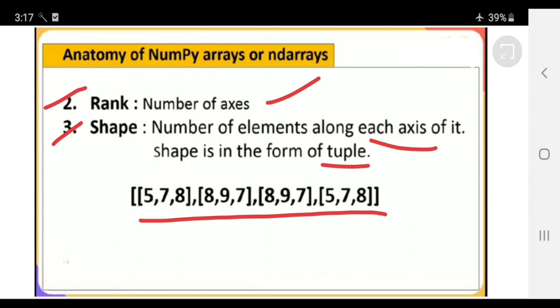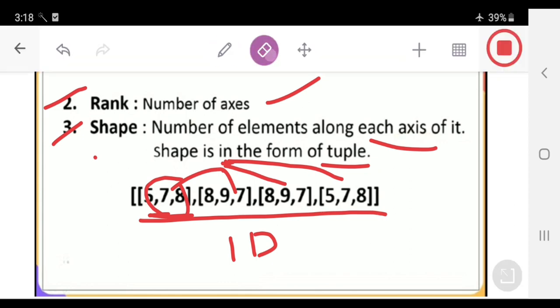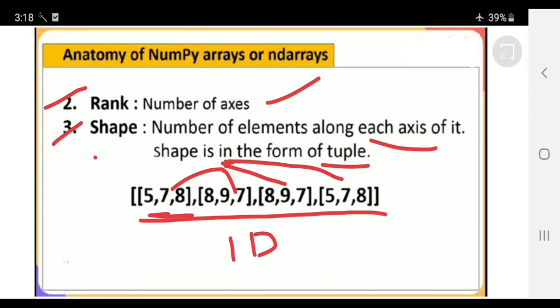In this example, we have 1 followed by the other elements; this is the first dimension, and the remaining elements are two-dimensional elements. What is the shape of this one? How many elements are there in the one-dimensional part? This is 1, so this is one element.